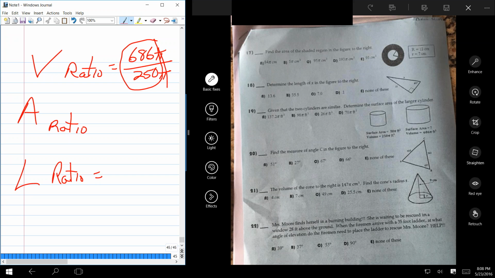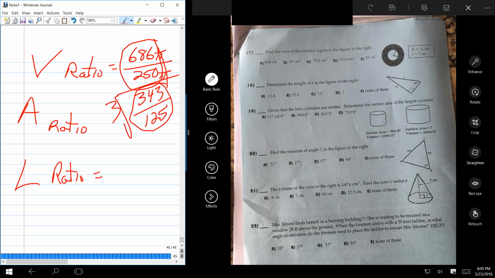In other words, had I simplified that, it would be 343 over 125. Notice what each of those numbers are. They're perfect cubes. In other words, if I want the cube root of this number,